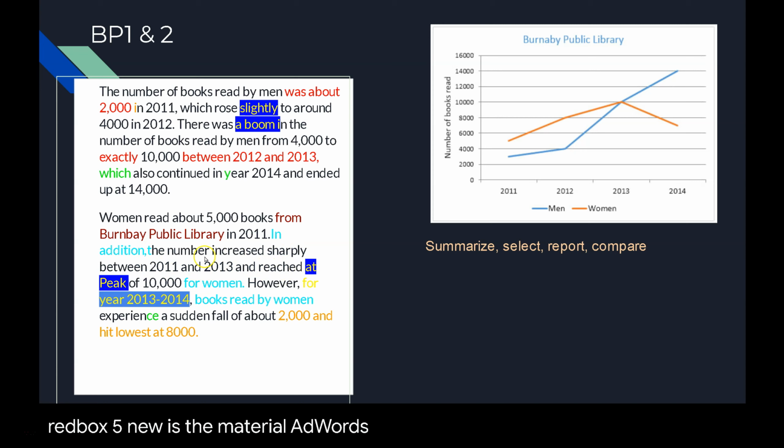Okay. Alright, so the number increased sharply between 2011 and 2013. 10,000. I suppose. Steadily. And reached at peak. Reached a peak. There's not enough data here for there to be a peak. And reached a peak of 10,000. When? And for women, of course, the whole paragraph's about women. However,